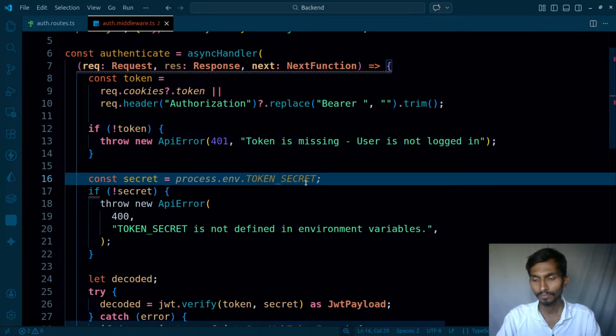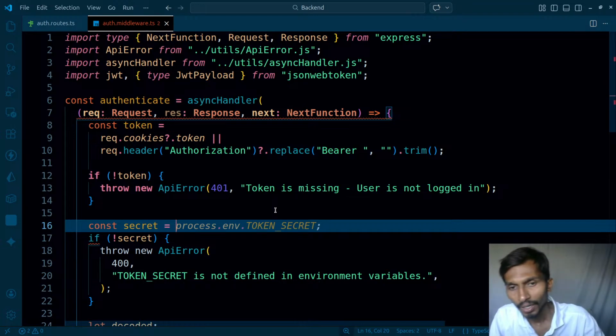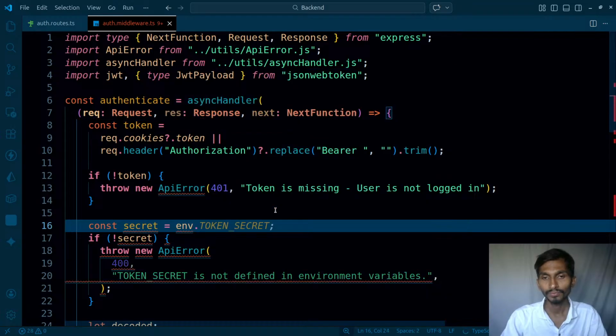This should be the access token secret, because most of the time if I'm refreshing the token, at that time, yeah, that's right, that does not need to be authenticated. So this should actually be env dot